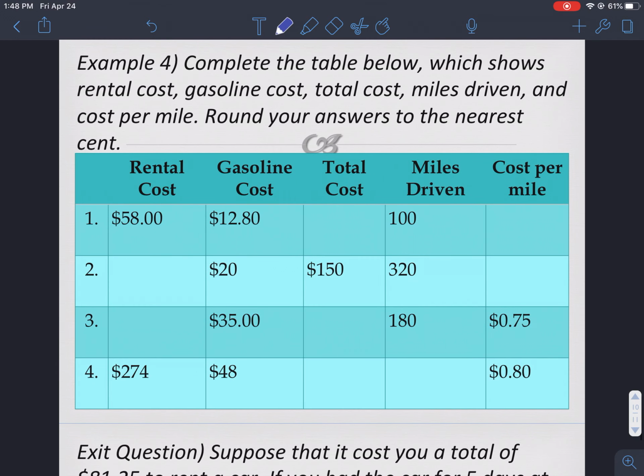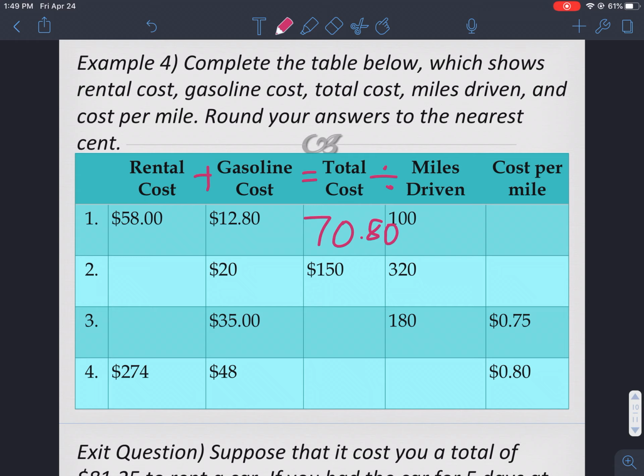And then we have another table problem. Complete the table below, which shows rental cost, gasoline cost, total cost, miles driven, and cost per mile. Round your answers to the nearest cent. For these problems, we're going to say that the rental cost plus the gasoline cost is the total. And then in order to get cost per mile, we're going to take total cost of the vehicle and divide by miles driven. So in number 1 there, I'm going to enter in $58 plus $12.80, which gives me